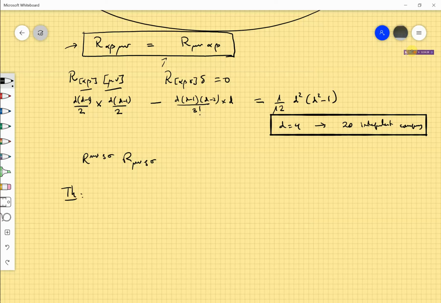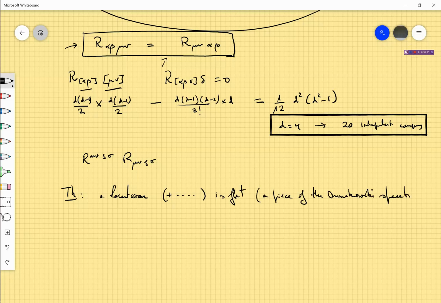So this is the theorem: a Lorentzian metric, so it's a plus minus minus minus metric, is flat, and flat means here a piece of the Minkowski spacetime, expressed in some coordinate system,